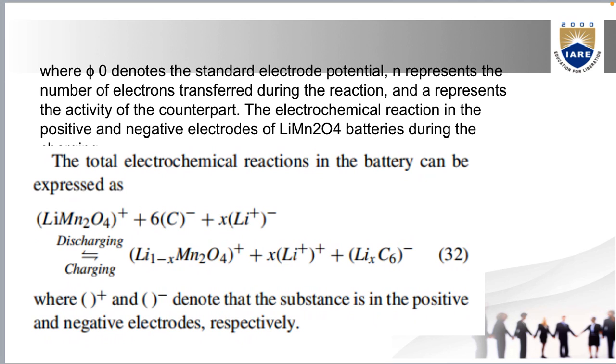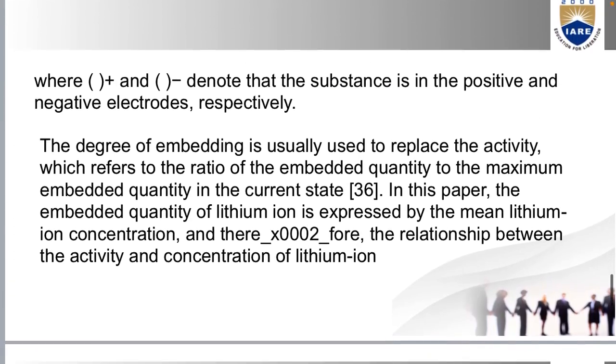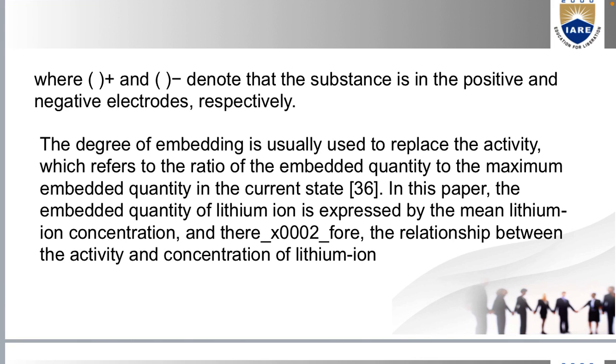the activity of the counterpart electrochemical reaction in the positive and the negative electrode of LiMn2O4 batteries during the reaction, where positive and negative denote the substances in the positive and negative electrodes respectively. The degree of embedding is usually used to replace the activity, which refers to the ratio of the embedded quantity to the maximum embedded quantity in the current state. In the paper, embedded quantity of the lithium ion is expressed by the mean ion concentrations, and therefore the relationship between the activity and concentration of lithium ion